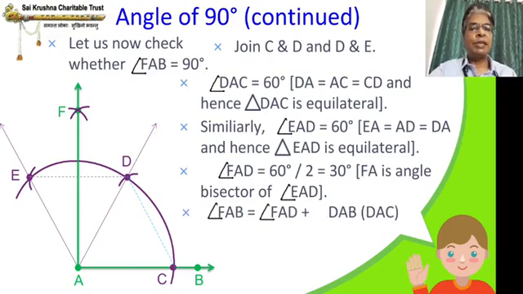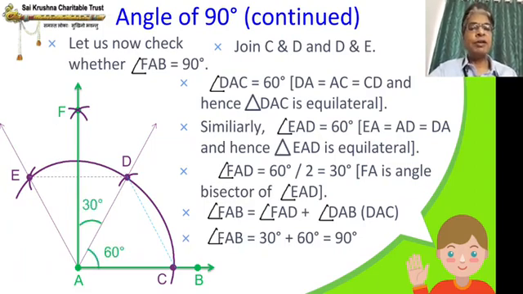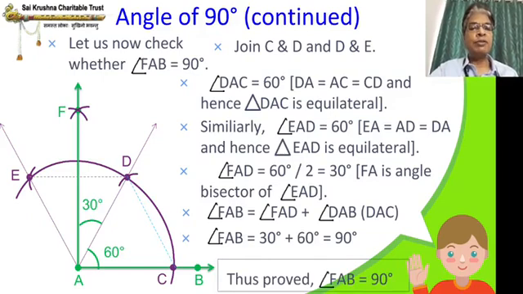Therefore, angle FAB, that is what ultimately we want, equals angle FAD plus angle DAB. DAB is nothing but DAC, so 30 plus 60 equals 90. So we have got 90 degrees, thus proved angle FAB equals 90 degrees. I hope all of you understand. In the last pages we had 4, 5 simple steps. Now in this one page we have proved it. So it's all very easy. We have used only one proof, that is the equilateral triangle, to prove 60 plus 30 equals 90 degrees. Pause the video, note down all the points and then move forward, because this method is very important.